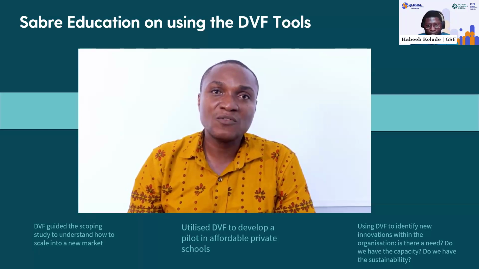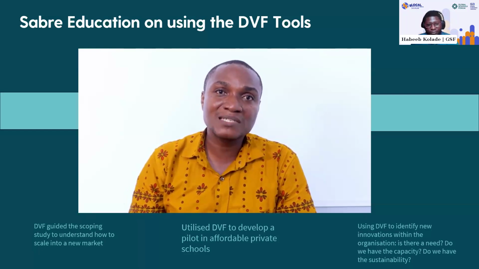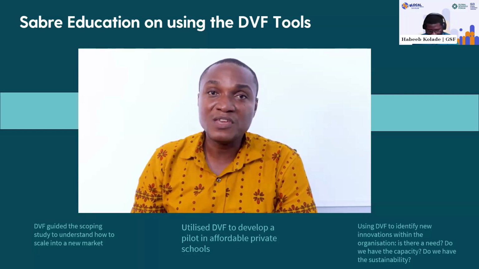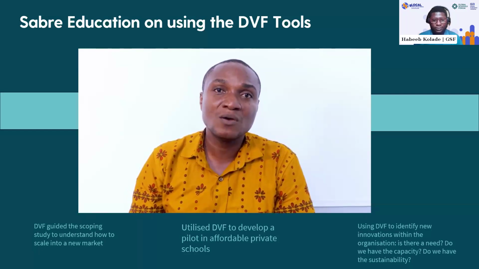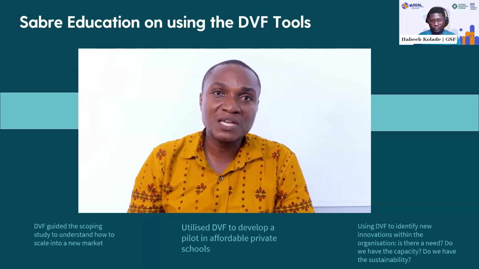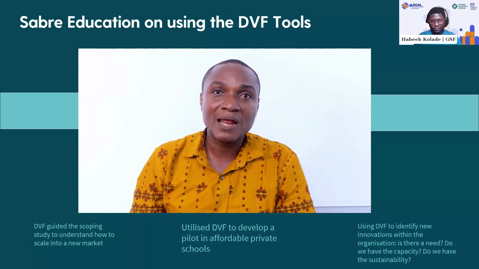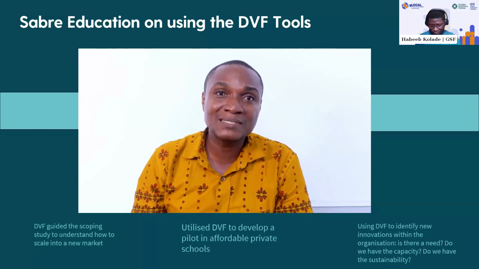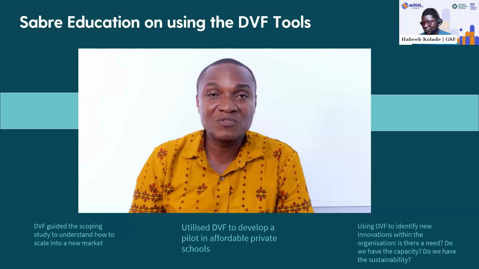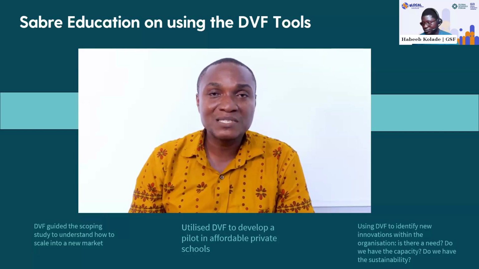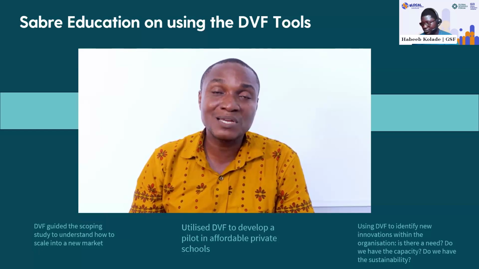Therefore, meeting GSF, or being part of the GSF Impact at Scale Lab, afforded us the opportunity to get access to this very important DVF framework, which helped us to re-examine and assess our model again. In the process of re-examining, it even gave us the opportunity to carry out a scoping study of private schools across the country. This scoping study was a very important piece of the puzzle that helped us to have a very clear understanding of the market, the desire, the need, the thinking and motivation level of teachers and head teachers, and even the pricing mechanisms of some of the private schools that we intend to work with.